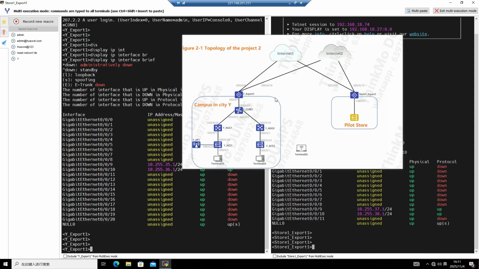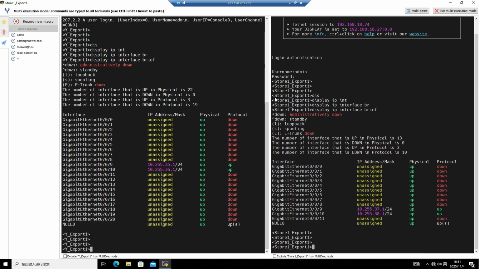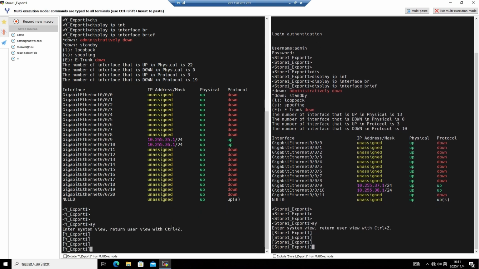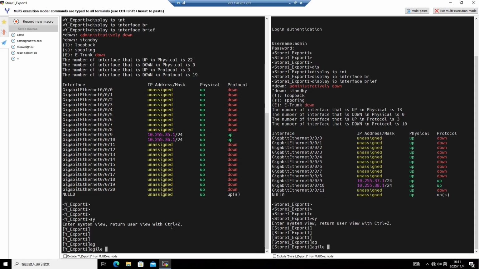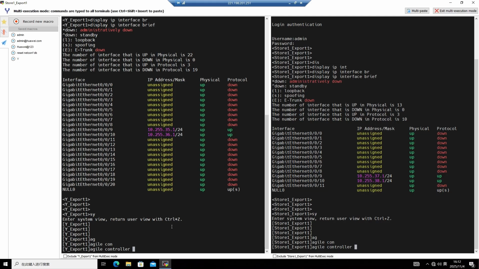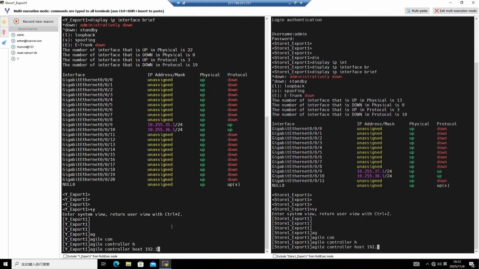So let's first check that our current configuration is correct. Now, what we need to do is start registering with our controller. In other words, in this environment, we need to have our two outbound devices register with the controller first. So here, we just need to enter the corresponding command. Let's operate here first. For us, the peer address is